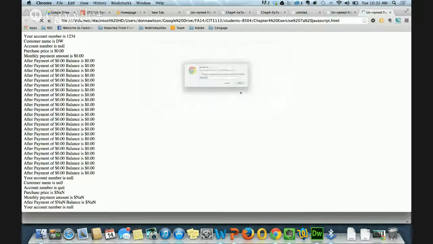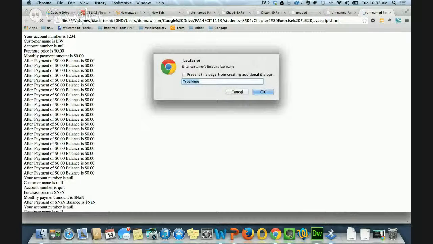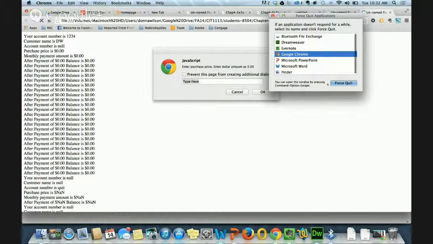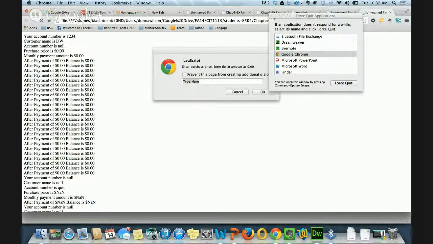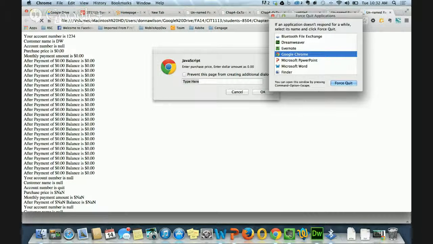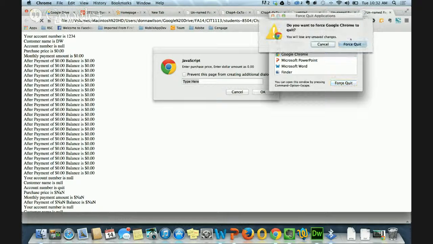Hold on just a second. Let's see what you're saying. Let me get it open. It's not wanting to. Enter customer's first and last name. Now I should be able to put quit in there and it stopped, but no, it's not. Something wrong with this one, right? Oh, that'll make the whole thing force quit. Well, I'll leave it there for now. Oh, that'll be all right. Let me tell it to force quit. Google Chrome. I'll have to open